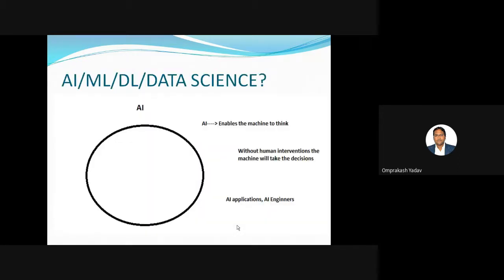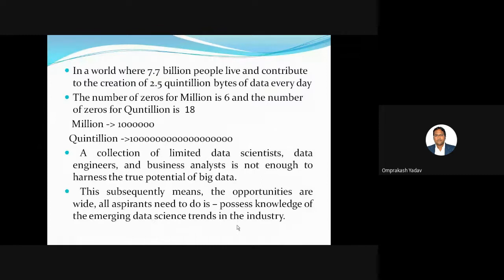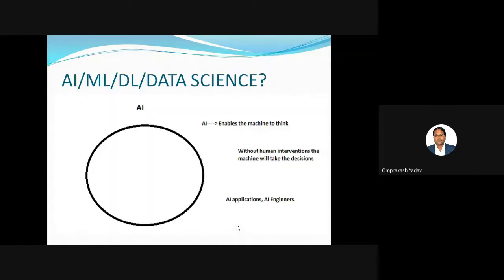Okay. So I'm sure you might have understood the concept of data science, and there's a huge requirement and a boom in this particular field. Now let me explain the differences between the different fields mentioned. For example, in this slide, AI is artificial intelligence, ML is machine learning, DL stands for deep learning, and then there is data science. So what exactly are the differences between them? Let's first try to understand.